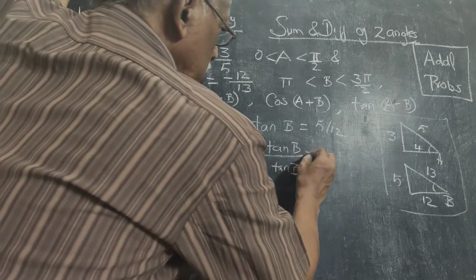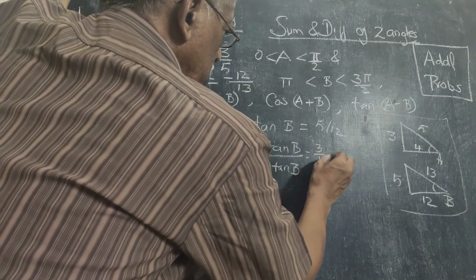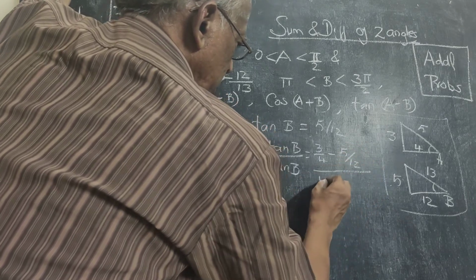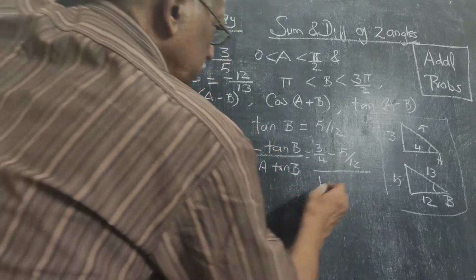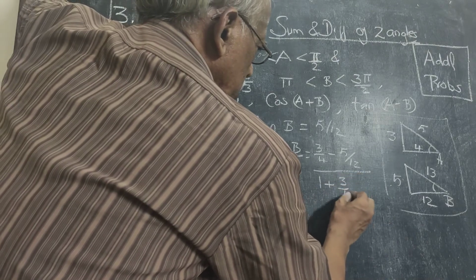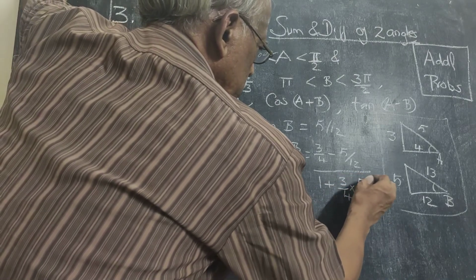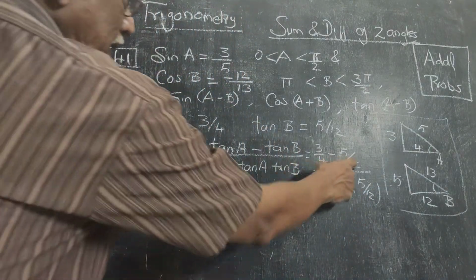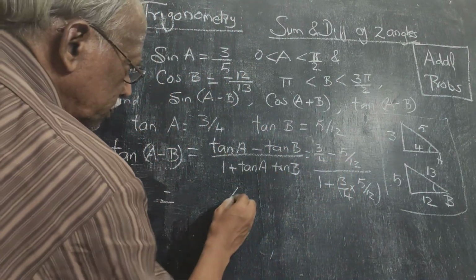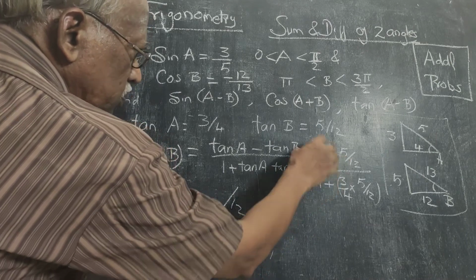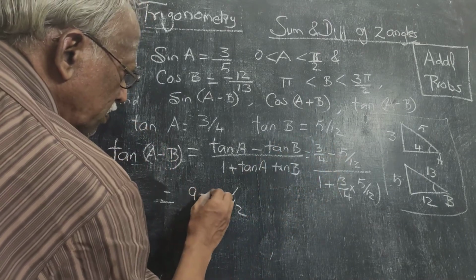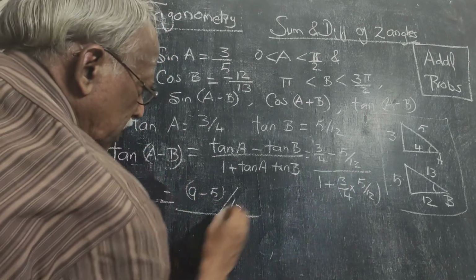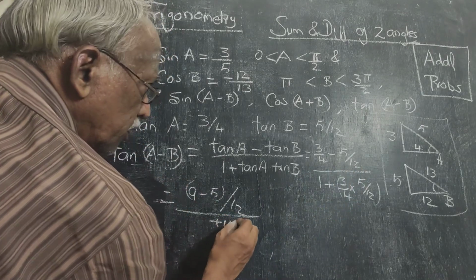That is equal to 3 by 4 minus 5 by 12 divided by 1 plus tan A tan B. So 3 by 4 into 5 by 12. Taking LCM 12, 4 3s are 12, so 3 into 3 is 9 minus 5. The denominator 3 5s are 15 by